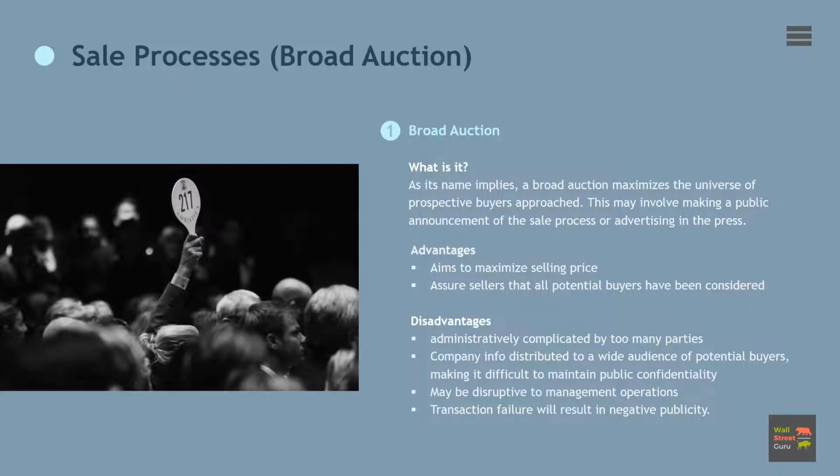We do, however, need to take into account the potential downsides to this method. This type of process typically involves more upfront organization and marketing due to the larger number of buyer participants in the early stages of the process. It is also more difficult to maintain confidentiality as the process is susceptible to leakage to the public, including customers, suppliers, and competitors, which, in turn, can increase the potential for business disruption. The seller also needs to be aware that in the event of a transaction failure, the public nature of the transaction might elicit negative publicity.